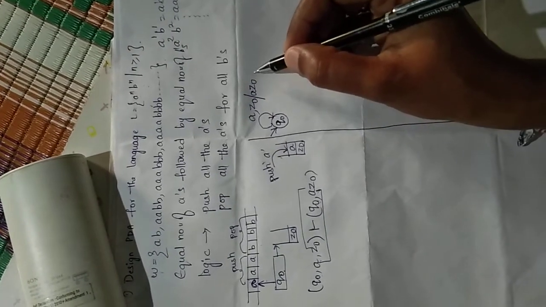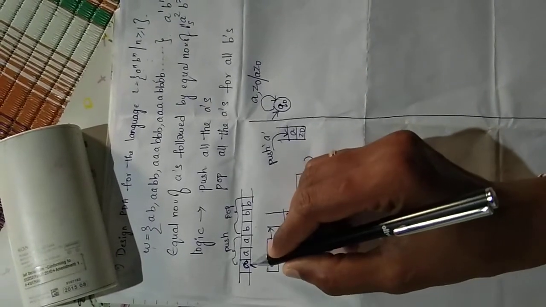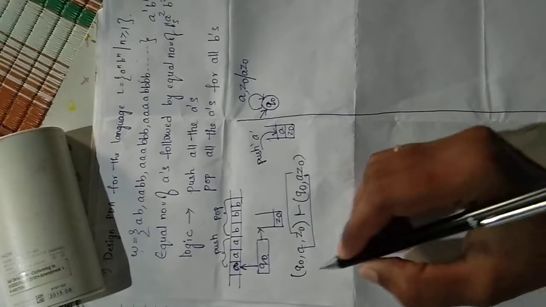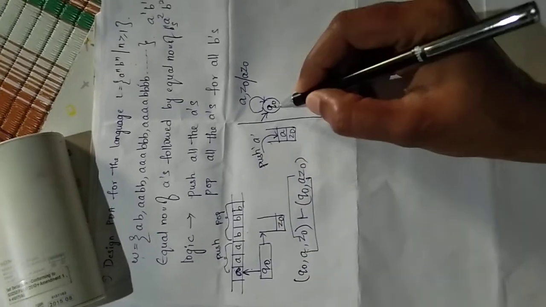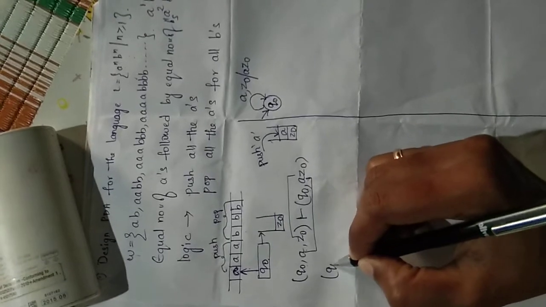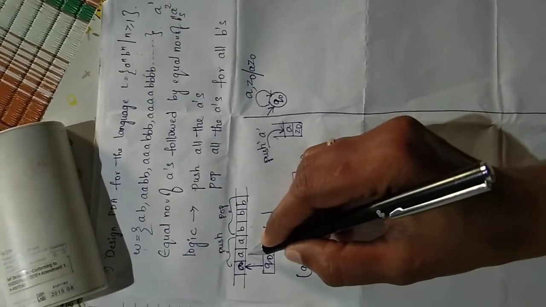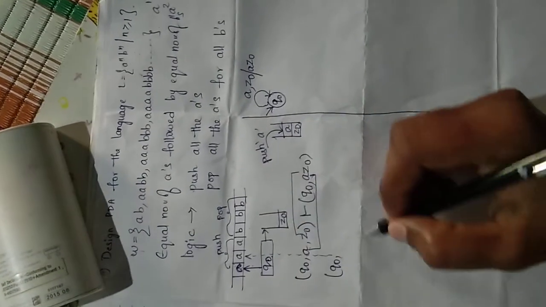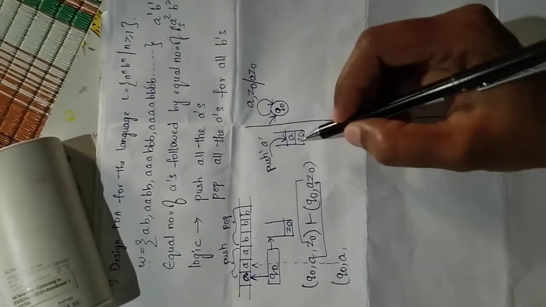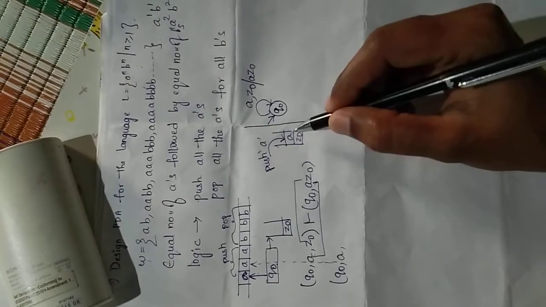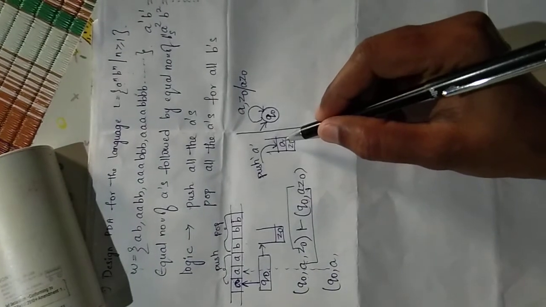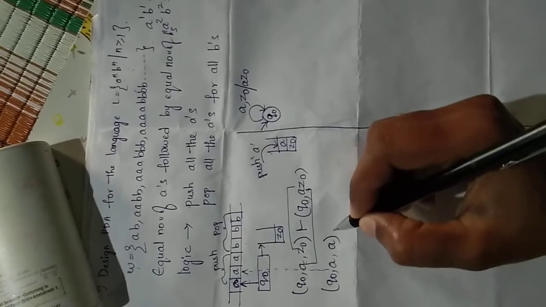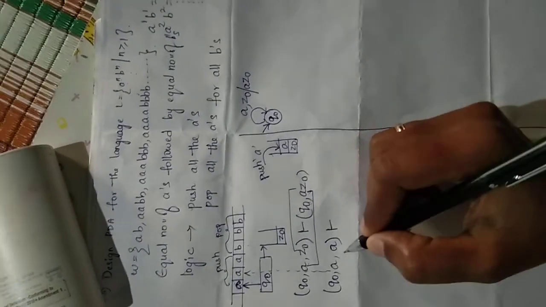Now, the first input symbol A is completed. What is the next input symbol? Again A only. You are in the same state, so I am in the same state. The next input symbol is A only. But what is the top of the stack after pushing the first input symbol? A is the top of the stack. Previously it was Z0; now after pushing the first input symbol, the top of the stack is A.